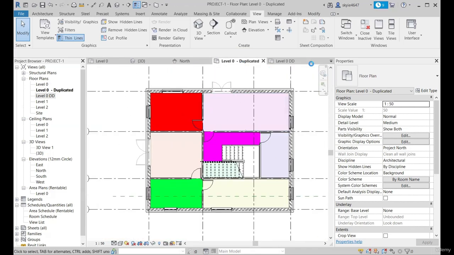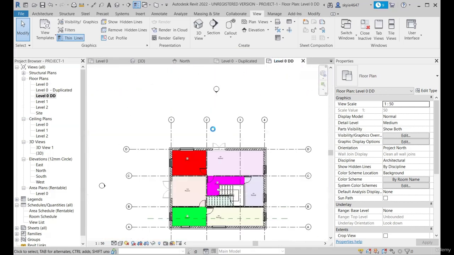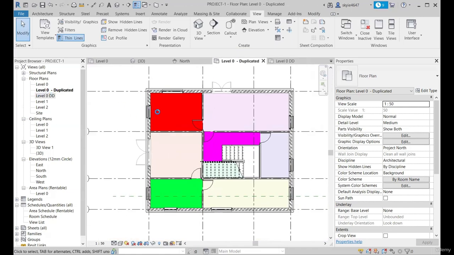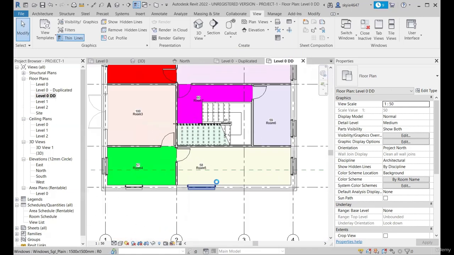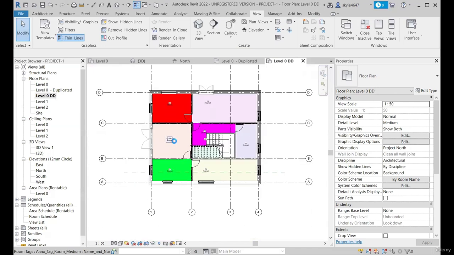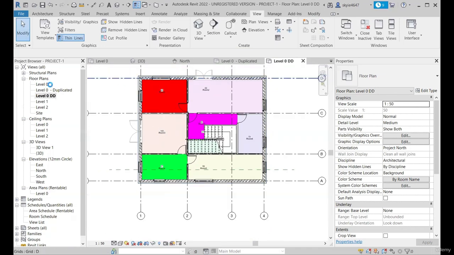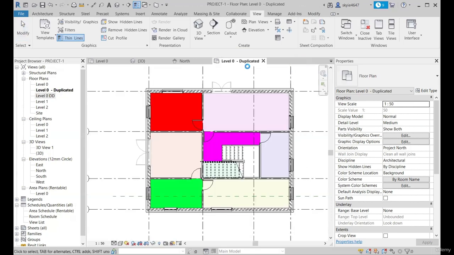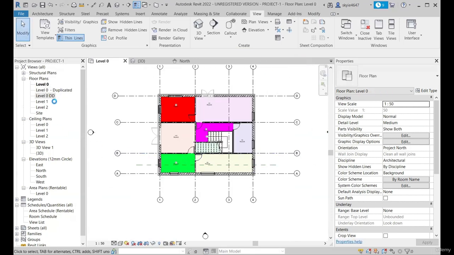There are a couple of options for duplicating as well. If you want the plain duplication, you can use the first option, duplicate, and if you want the duplication from the detailing point of view, you can have duplicate with detailing. So these are a few things regarding duplication. The last one here is